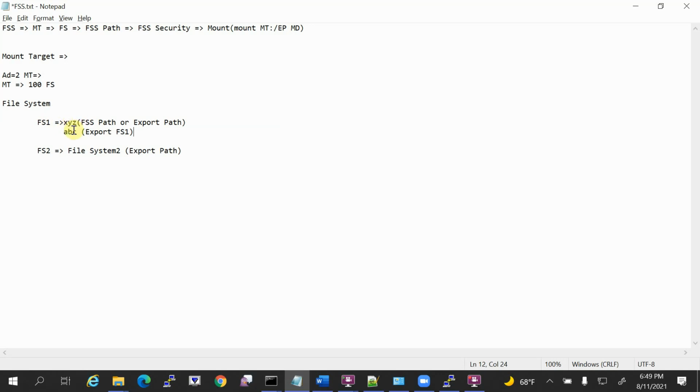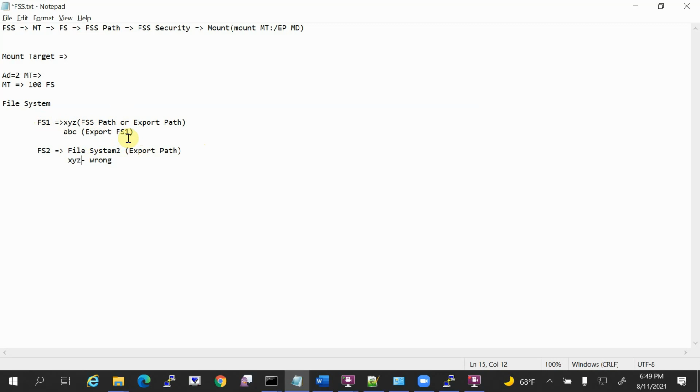What I am trying to say, this export path XYZ is already referring to FS1, so you cannot refer to FS2 using the same export path, which is wrong. So what we understood, each file system can be referred to by more than one export path, but each export path should refer to only one file system.